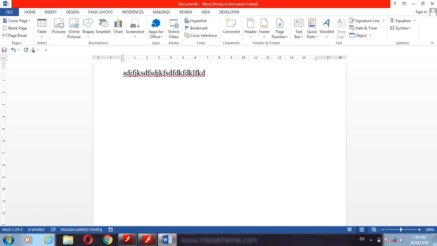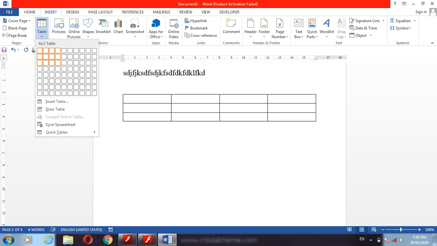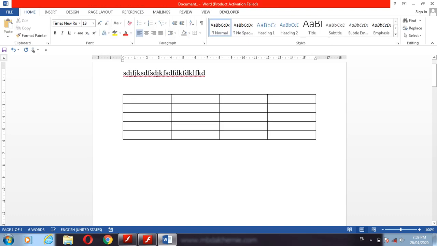Go into the Insert tab. Here the table option is. Just select how many rows and columns you want. In this way you can select it and apply it.